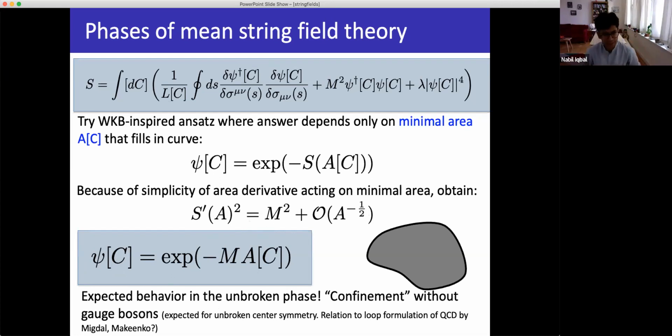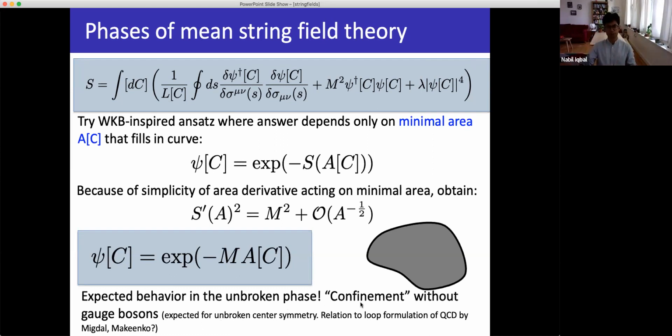So now it's fun to take a step back and think, well, what's really happening here? This area law is normally understood as an order parameter for confinement. We are seeing the same thing here, but of course there's no gauge fields or anything in this problem, okay? Well, what is present is the same symmetry that was present in the gauge field problem. And we can see that that symmetry alone, the unbroken center symmetry, is sufficient for you to derive this area law. So this is sort of a nice thing.